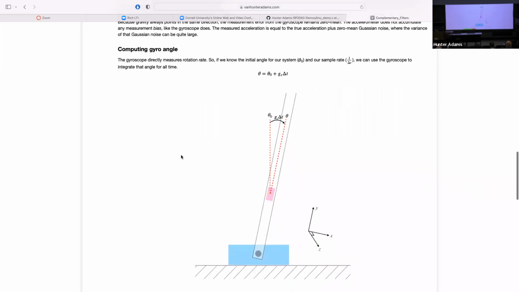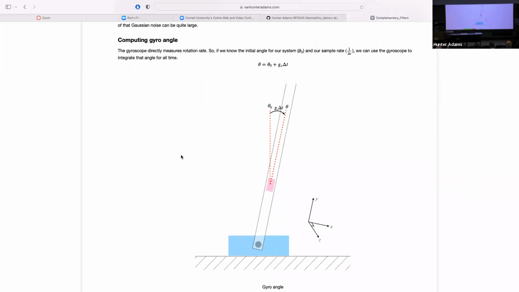So we add a little bit more information, and in particular, we add a second estimate for that tilt angle that comes directly from the gyroscope. So what we do is we say, all right, the pendulum is going to start at some angle. Maybe we're holding it straight up when we start.